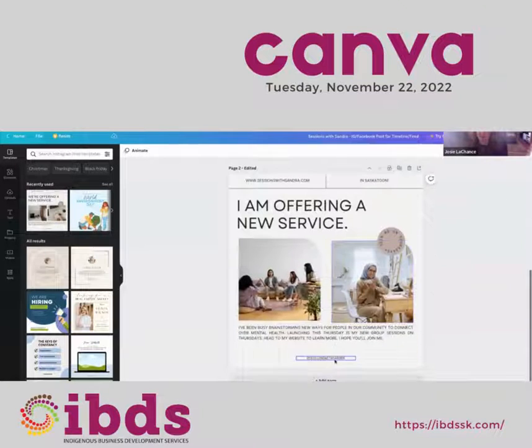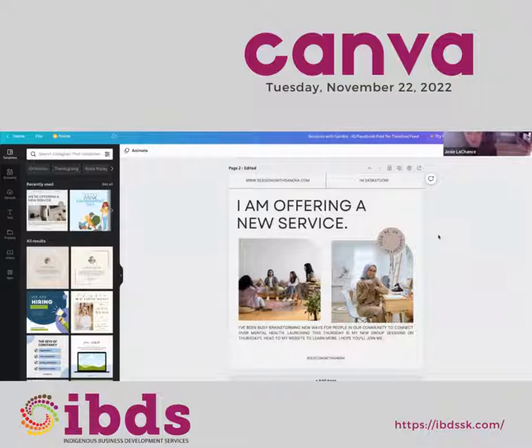So here's how I edited that template to make it work for my business, essentially. I changed the email. I said that it's in Saskatoon, and I said I'm now offering a service, and this is going on Instagram. And so I made it look a little bit flashy.